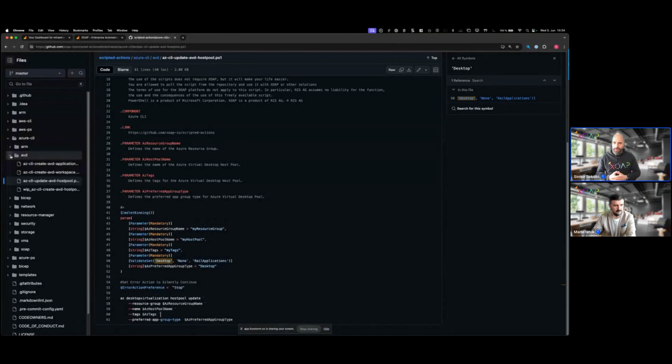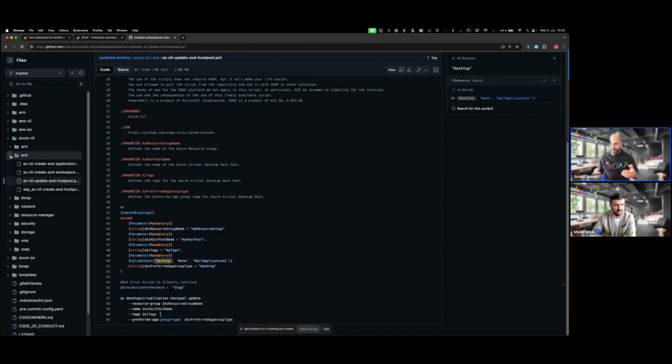So that's a little bit related to the functionality, the function set of the CLI or the PowerShell. Depending on what use case you have, if you, I don't know, want to log off users from Azure Virtual Desktops, you can use the PowerShell instead of the CLI, because those functions are supported. I'm not going to the Microsoft side now to go into the details, but everything that those modules provide, on a functionality level regarding Azure or AWS, can also be run and scripted with the scripted actions from